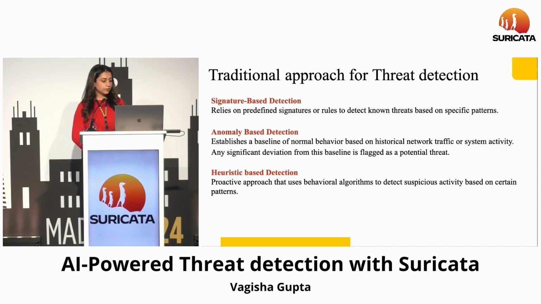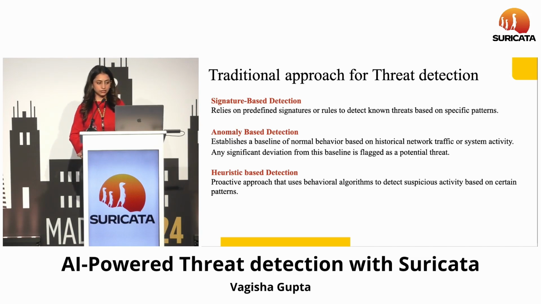So, traditional approaches for threat detection. Traditionally, we use these three approaches for threat detection. The first one is signature-based detection, which primarily relies on predefined signatures and rules to detect known threats based on specific patterns. What is the drawback with it? It works very well, but in case you don't have a signature that matches an attack, a threat, you might